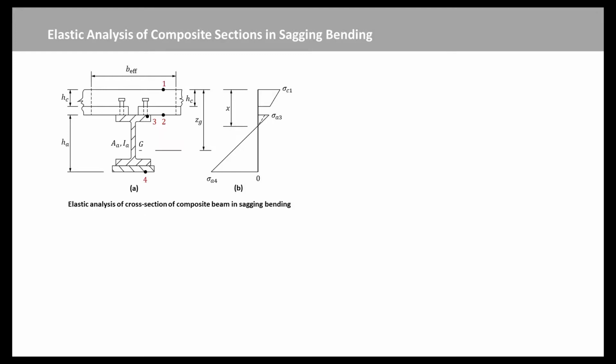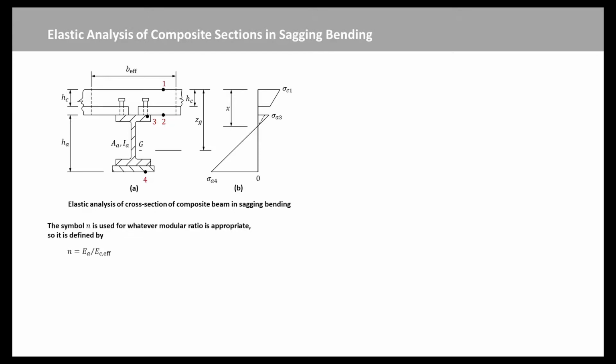In general, the steel section is assumed to be asymmetrical with cross-sectional area AA, second moment of area IA, and the center of area distance ZG below the top surface of the concrete slab, which is of uniform overall thickness HT and the effective width B effective. The effective slab thickness HC is the net thickness for transverse sheeting and the gross thickness for parallel sheeting, where there is no small top rib, as in this figure. These thicknesses are the same.